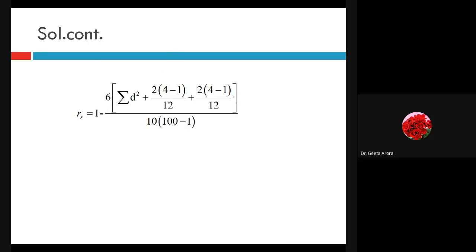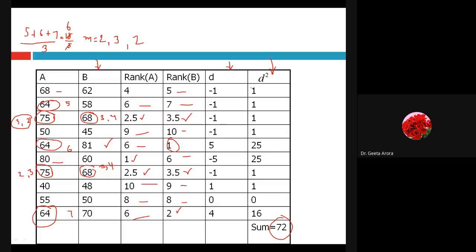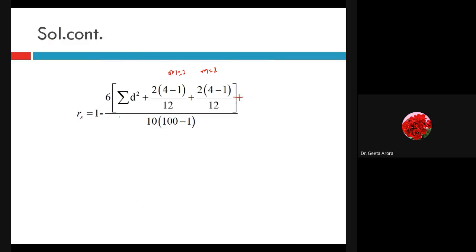We can edit it. Here we have one more value, but this is for m is equal to 2 and m is equal to 2. You know? So one more value is here, which is for 3. As you can see here, we have noted down that in the first series we are getting a tie twice and thrice, and in the B series twice. Two values were same. So m is 2, 3 and 2. So one more time we have to add, and which is 1 by 12 m is over 3.